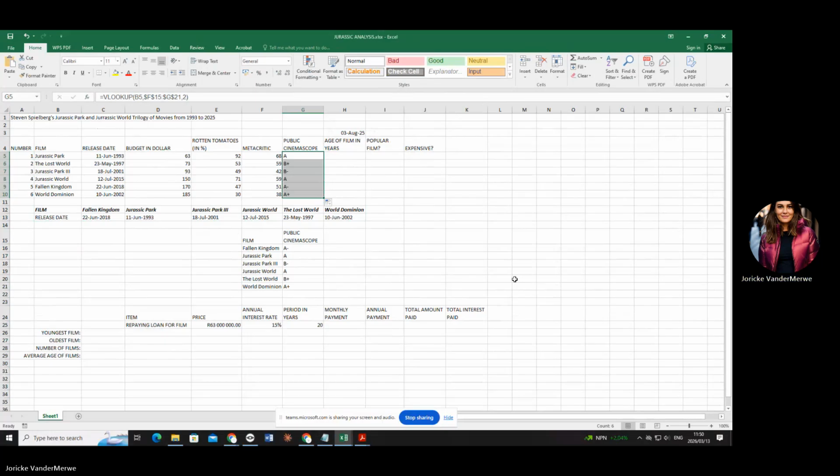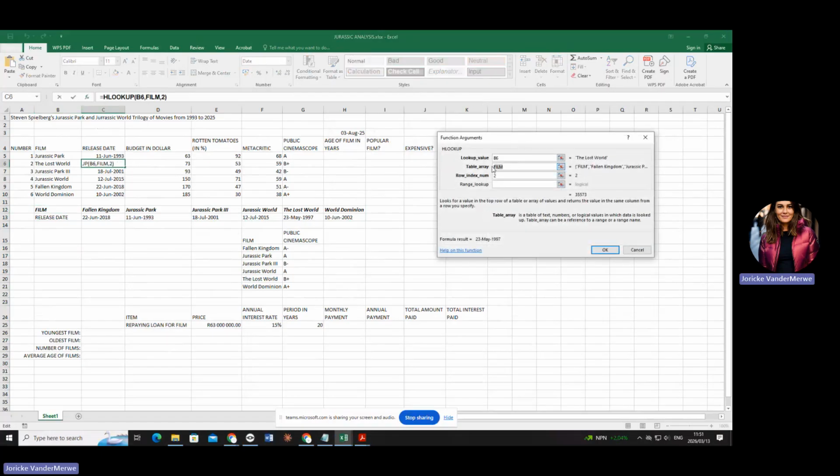On HLOOKUP? Yes. That's a very good question, because quickly look at the FX here. Okay, I'm going to show you. It is a 9. Remember, I always teach you there are 2 ways the table array can be displayed. If it is cells and the cells don't have a name, you must use F4. If it is a 9, then it is already condensed into one block.